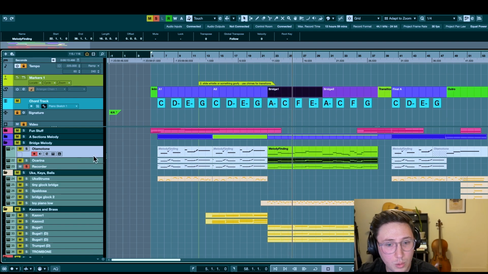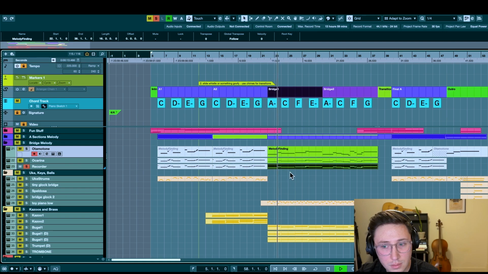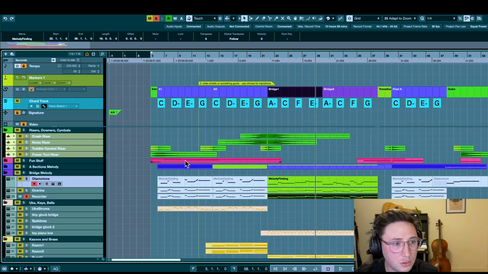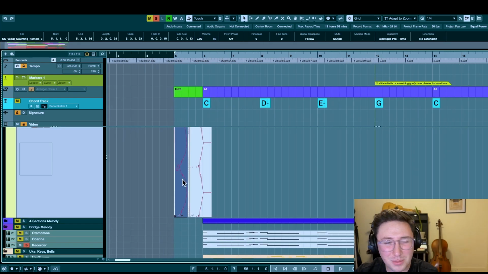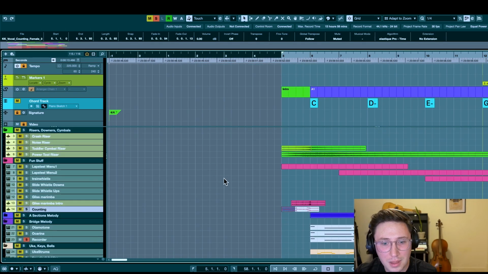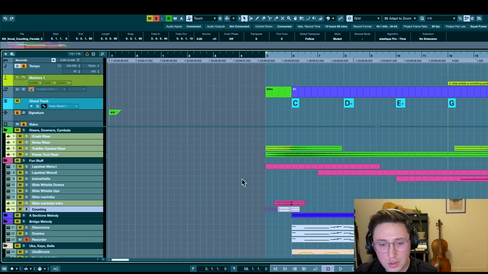and we've got the recorder. And you'll notice I've got a lot of muted sections in this track. I oftentimes will try out different melodies and different sections on different instruments. And if those don't end up working out, I just mute them rather than delete them, because as you'll see down here, like in the intro, you're going to hear this counting later. I tried it on the intro. I didn't really like it there, but I just muted it rather than deleting it because